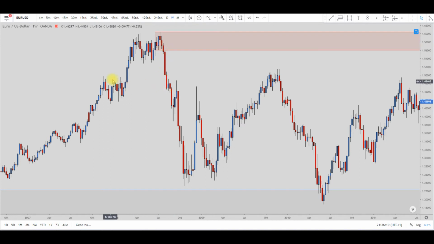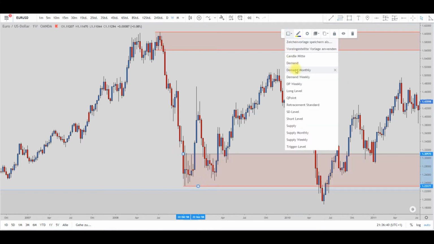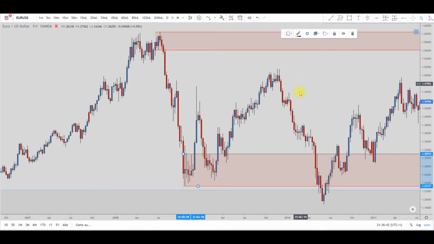It came down, took out demand with this little zone here, with this little supply here. Came back into this supply, traded down, built a base, came back, taking out this drop, base, drop. Hence this was demand down here, demand weekly. Of course it was taken out later on, so we don't leave it in the chart,